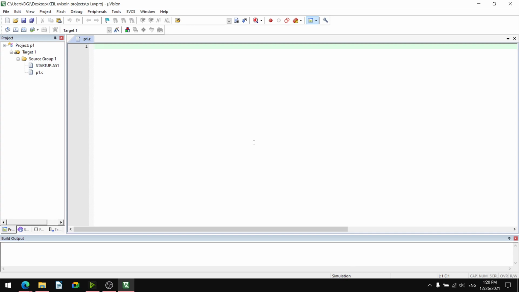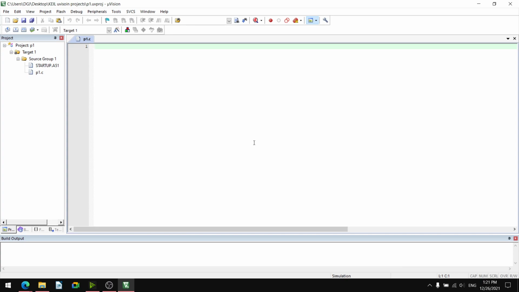So now in this file we can write the program. This is the new project and new program editor we have opened. Previously, in this editor a ready-made program was there and we executed it.